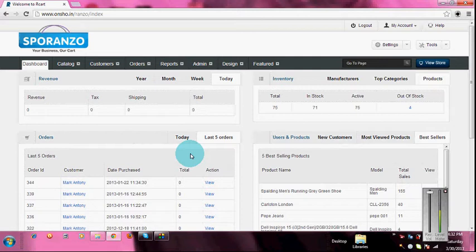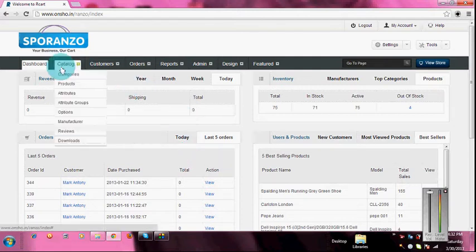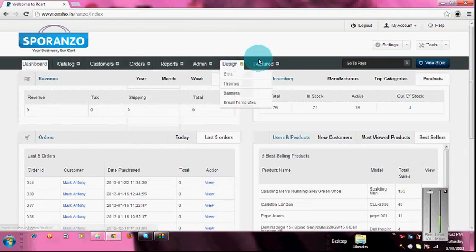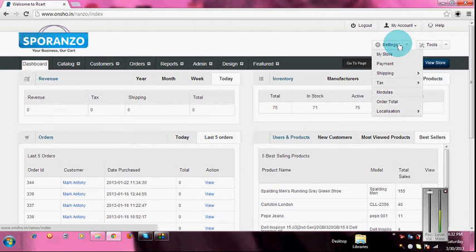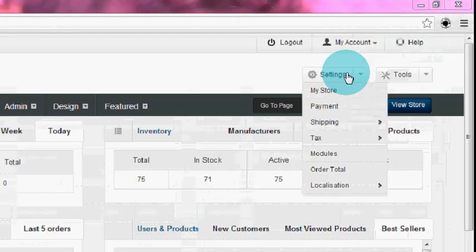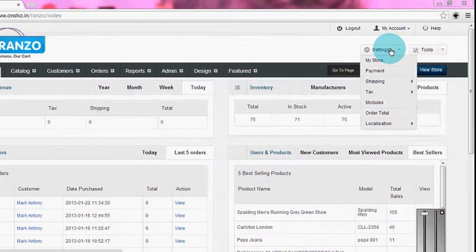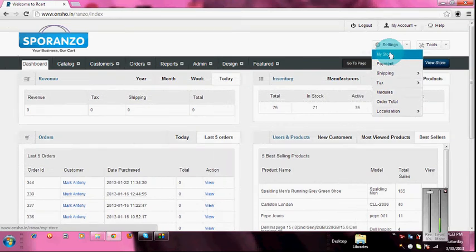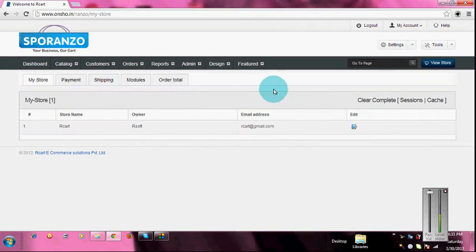On successful login, I am presented with the dashboard that has the control panel options on the top navigation bar. Towards the right hand side, we see a tab called Settings. Under Settings, we see a place for My Store. Upon clicking on My Store, we land on a page where the store information is available. Upon clicking on Edit,